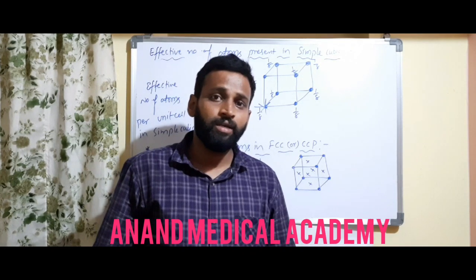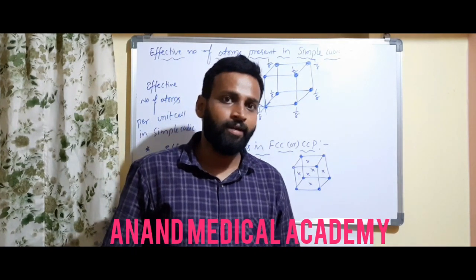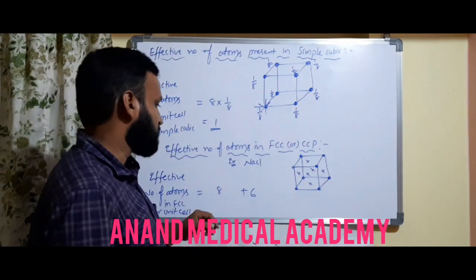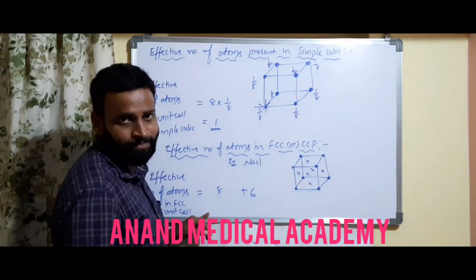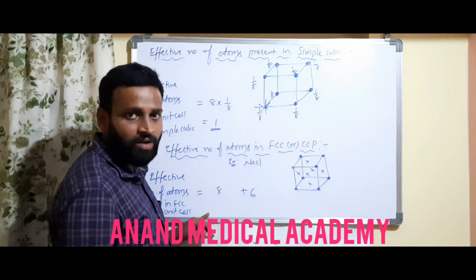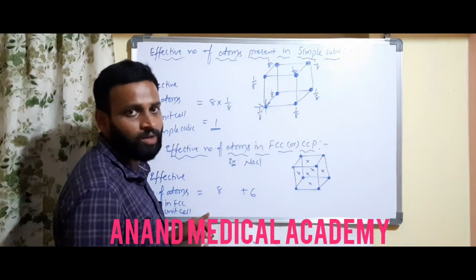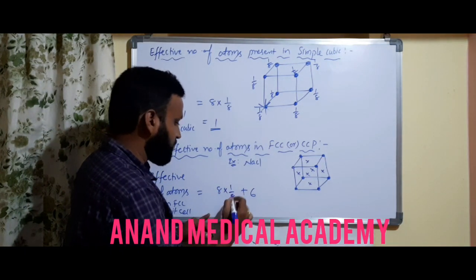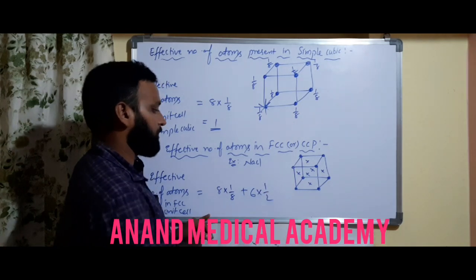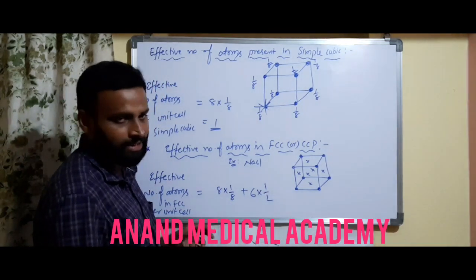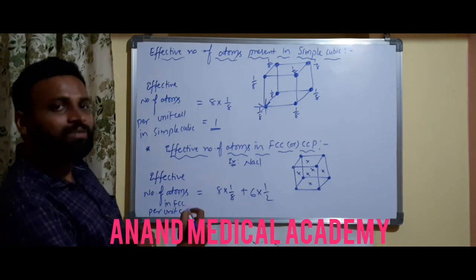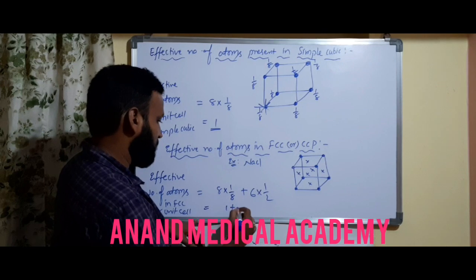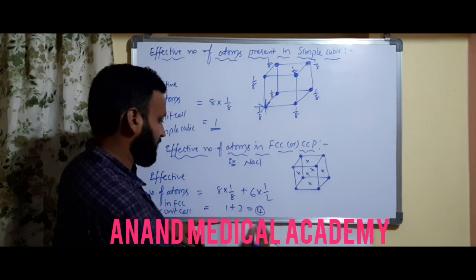It would be a very great achievement if you did it like this. Understanding? So it's wrong. We cannot do like that. Correct? That's a fraud, sir. That's why I am saying we cannot do like that. That is not good. So here per unit cell contribution means 1 by 8 for corners and 6 into 1 by 2 for faces. We have to take it like this because I am calculating per unit cell. So how many effective number of atoms are there? 1 plus 3, so total 4 effective number of atoms.